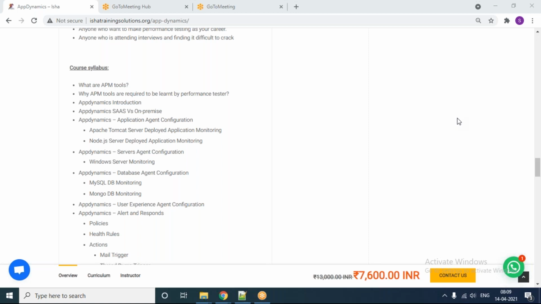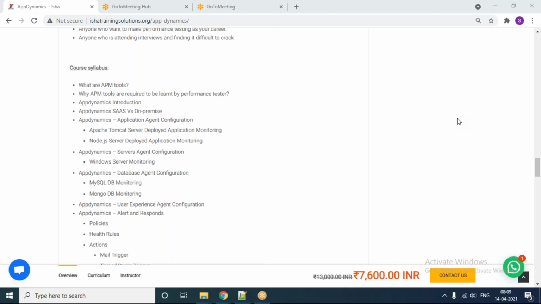Okay. So basically, for a developer, if they are not getting sufficient time to do thorough unit testing, they can use these APM tools to identify their issues very quickly. Say they are developing a new chunk of code.